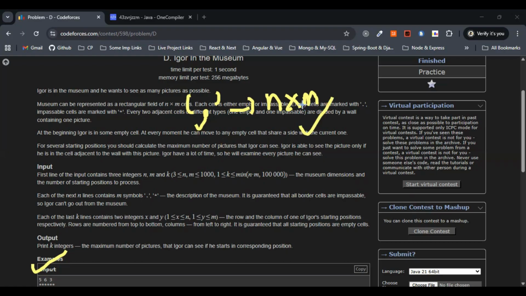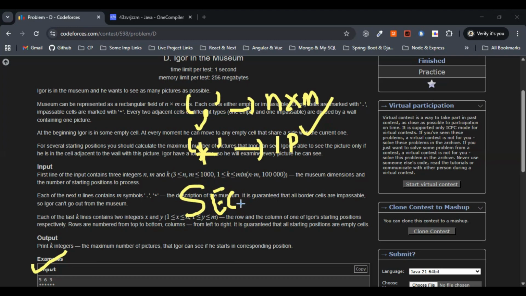Each side between an empty cell and an adjacent impossible cell, which is represented by the star, remember this one, star, has one picture. So from the starting empty cell,